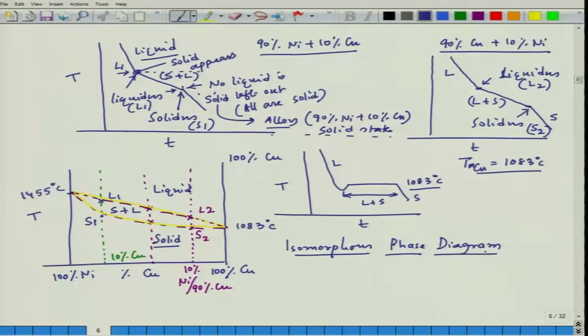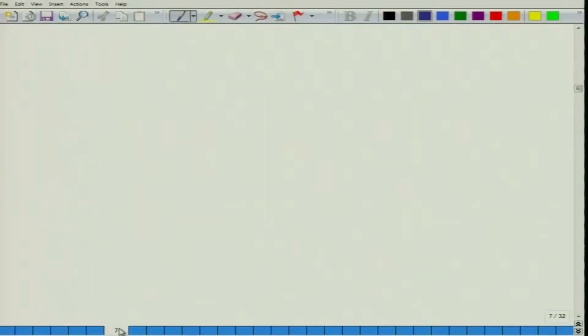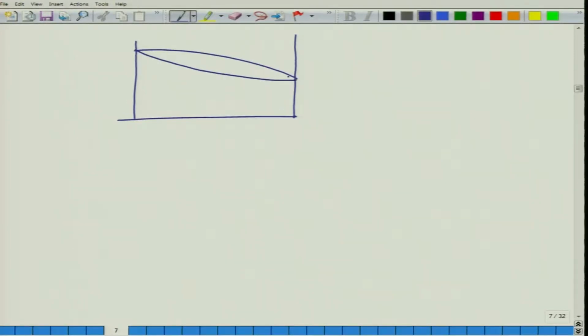Phase diagram. And now, let us look a little more into the isomorphous phase diagram, because that is also crucial. Now, if we try to draw an isomorphous phase diagram, what we have seen in case of nickel copper,